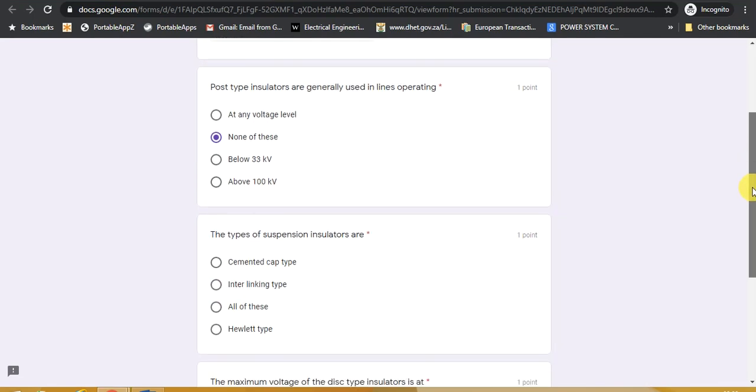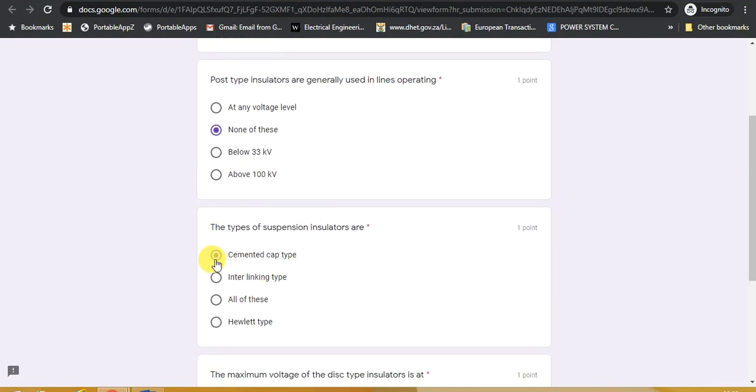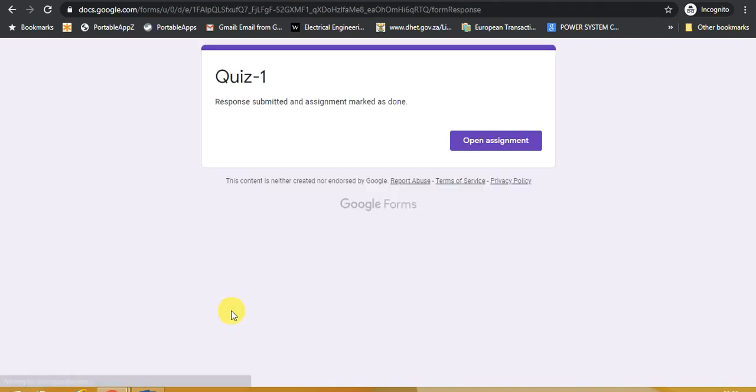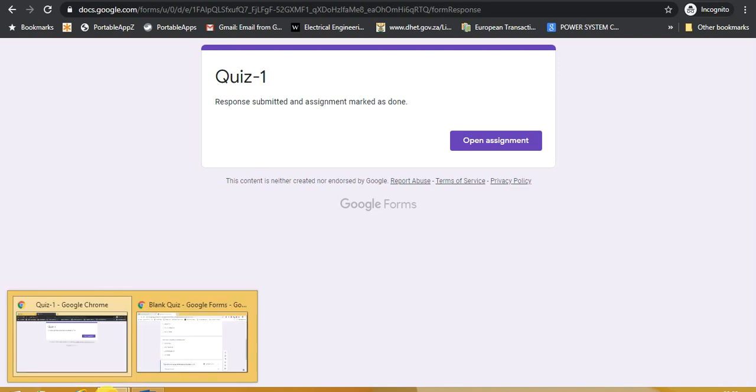Suppose the answer for this is none of these. He has selected cemented type, same at all points. Now submit. So now he will not be able to see the marks in this.